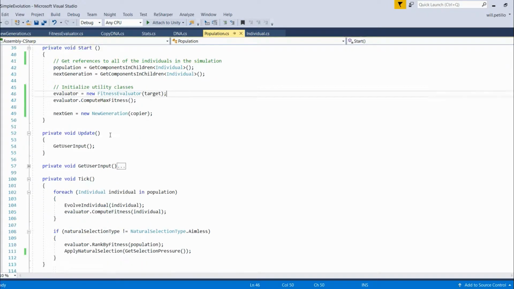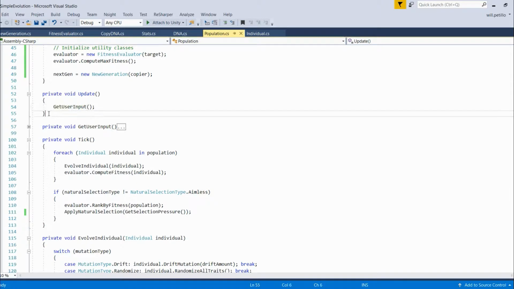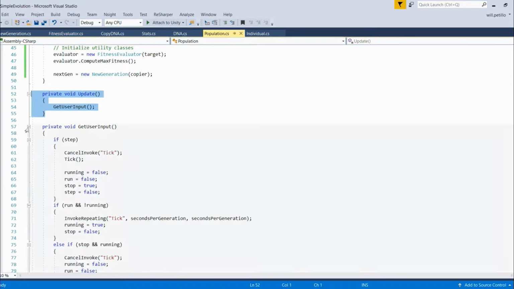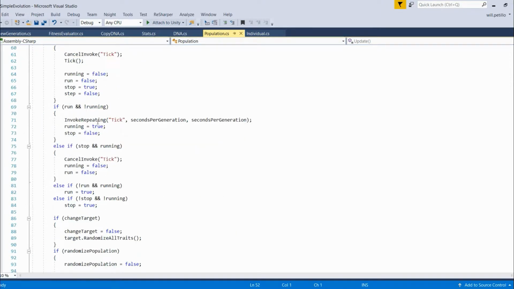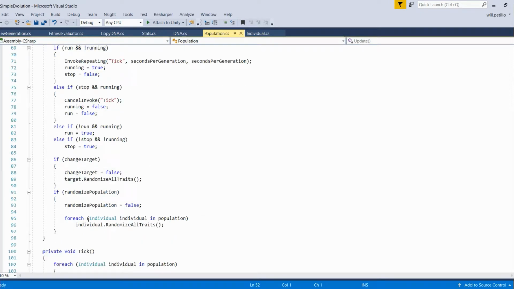Initialize some utility classes, and I'll go over those in a little bit. In the update method, we check for user input. That works mostly the same as before, except I've added a couple of new features here. If the user clicks change target, then